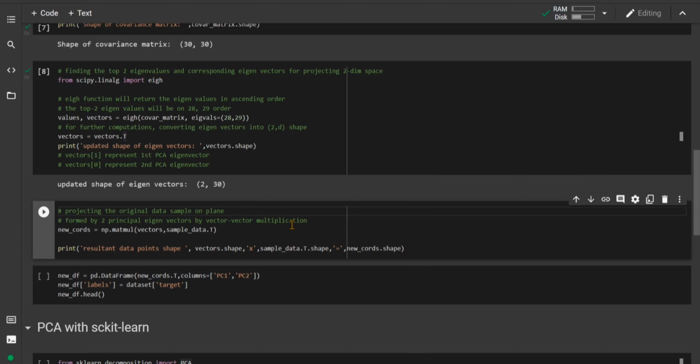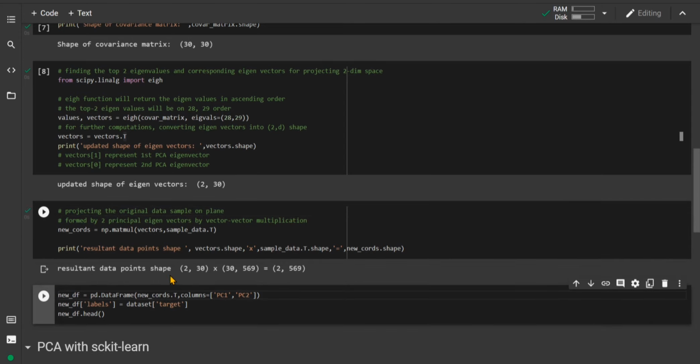So our new coordinates would be the matrix multiplication of the vectors and the transpose of the sample data that we were using. This is what we are doing: we are just projecting the original data sample on the plane. Alright. So now with some matrix multiplication knowledge, we can see the shape of the vector